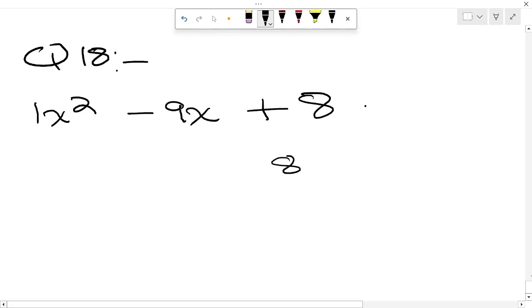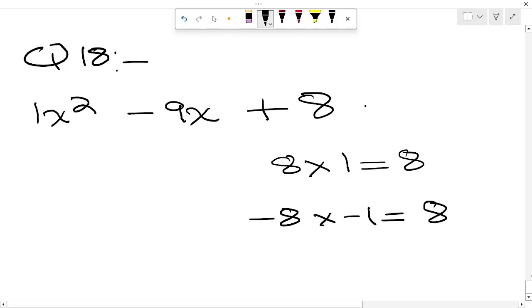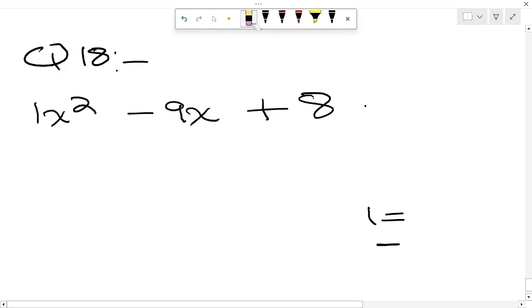9. So, 8 multiply 1, this is 8. But if you add them up, it is 9. But we need negative 9. So, what will we do? We will use the factors negative 8 and negative 1, such that when we multiply them they produce 8, and when we add them up they produce negative 9. So negative 8 and negative 1 are our factors, and we'll simply follow the same steps that we did